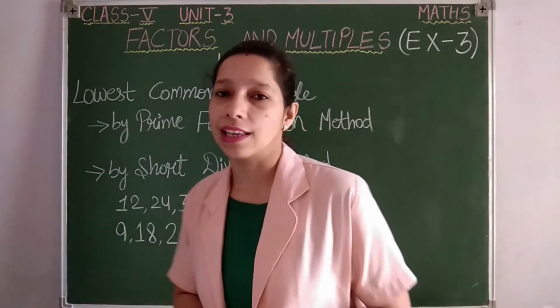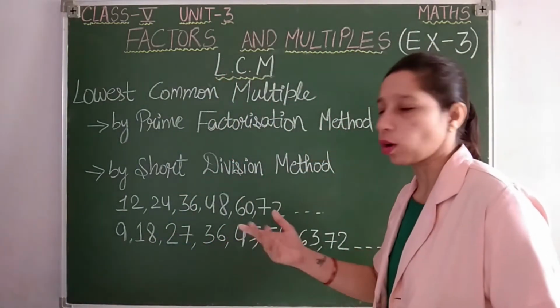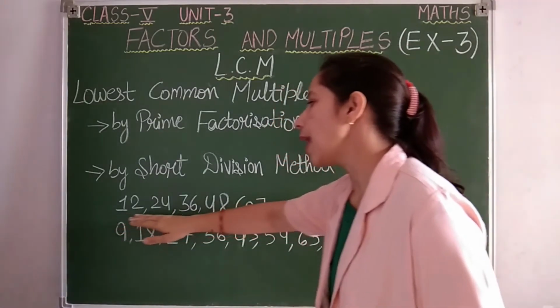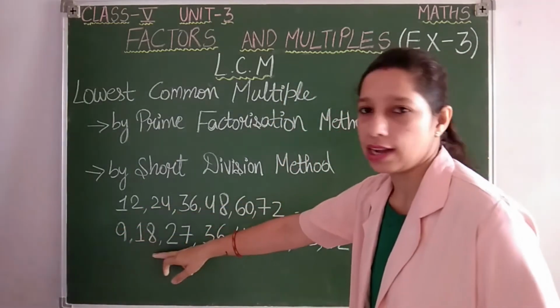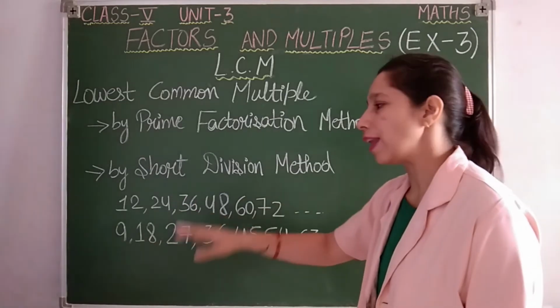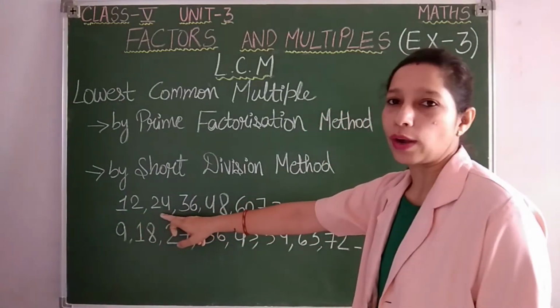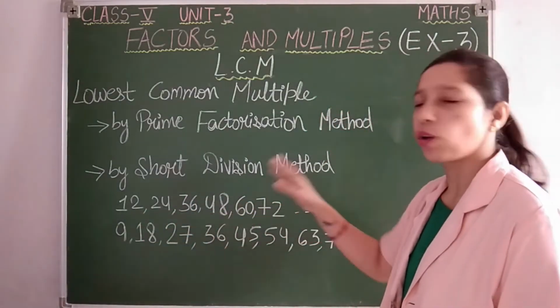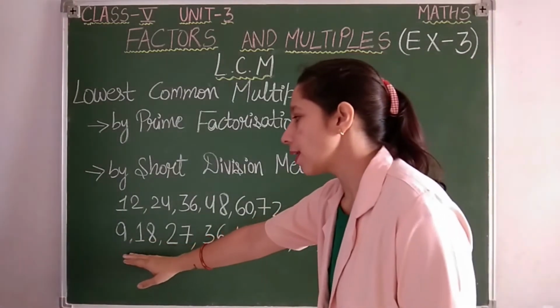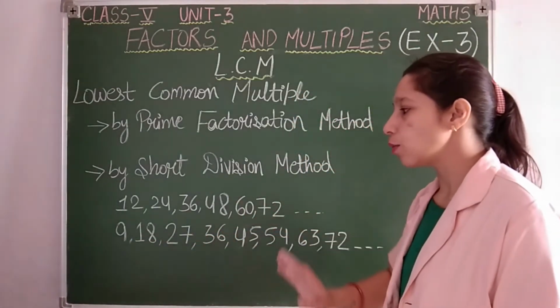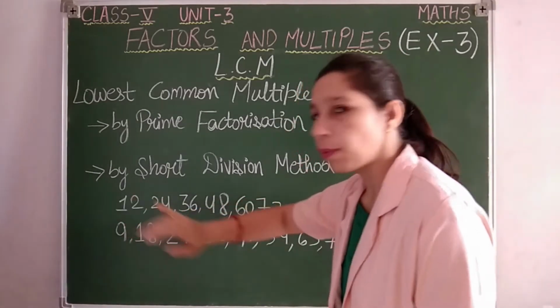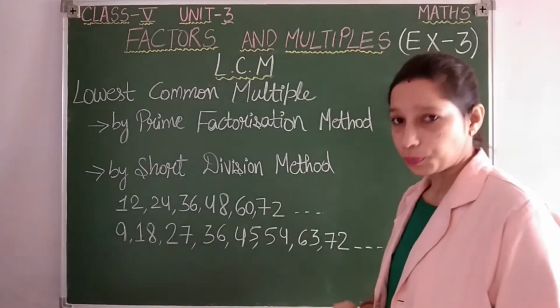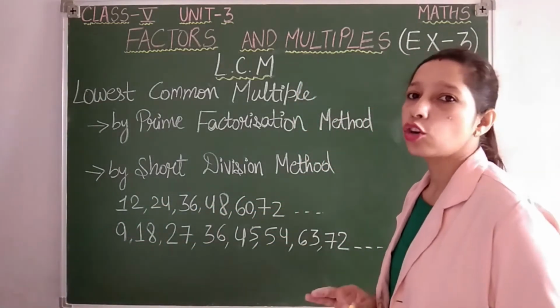One more example I will give you to make clear what I am talking about. See here. Here simply I have written the multiples of 12 and 9. 12 1s are 12, 12 2s are 24, 12 3s are 36, 12 4s are 48 and go on. In the same manner, 9 1s are 9, 9 2s are 18, 9 3s are 27. So students, these are the multiples of 12, these are the multiples of 9. Let us circle the common multiples.